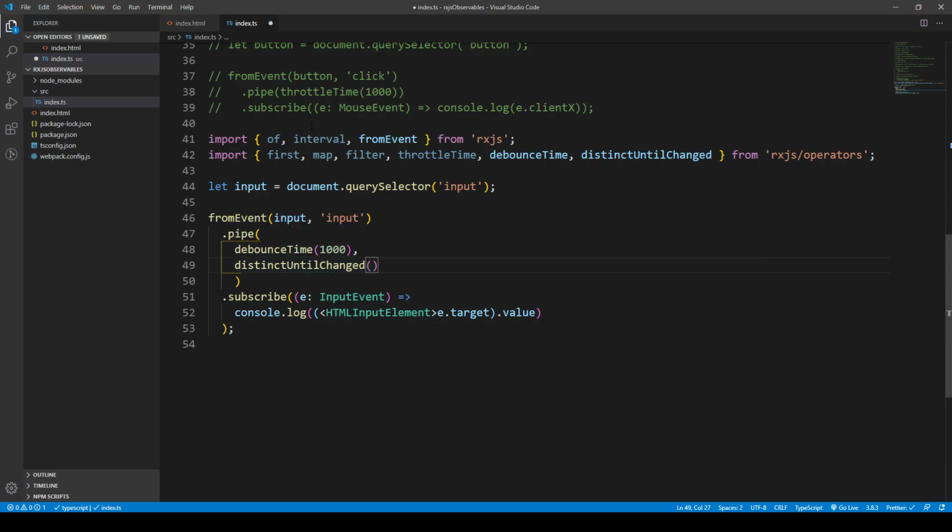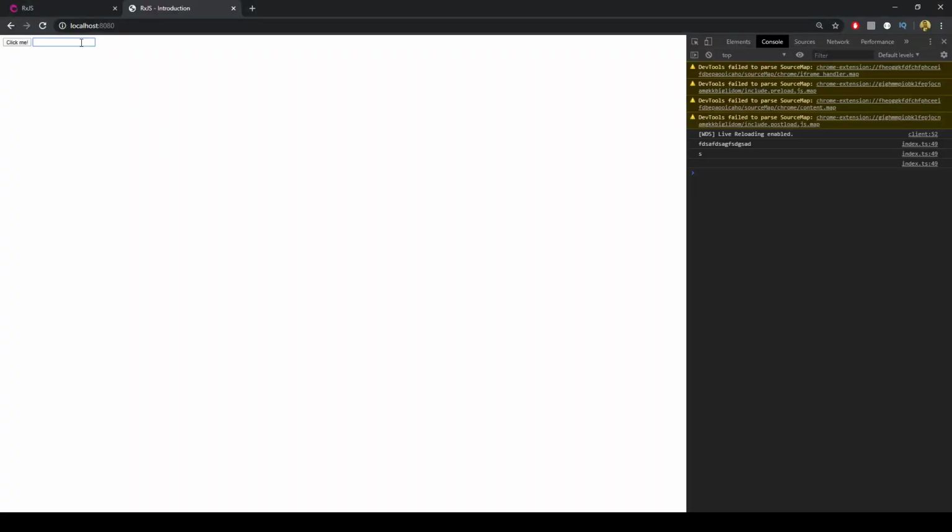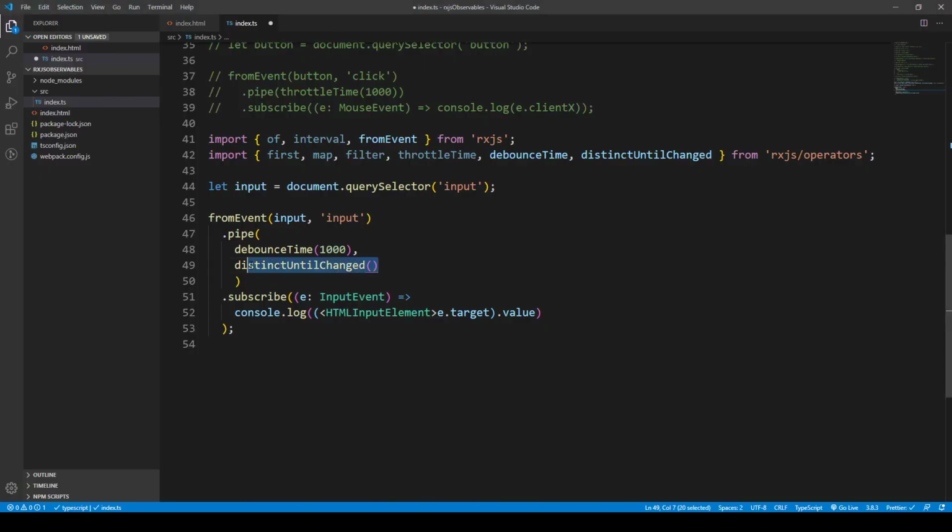What this should do, in theory, is, let's say you type in a name. So I type in, say, John. And then if I type in, say, Johnny, but then I go back to John before that period of time, it should recognize that the string hasn't changed. But notice that it has actually shown us John log twice. So you might be thinking, well, is this broken? And what's going on here is